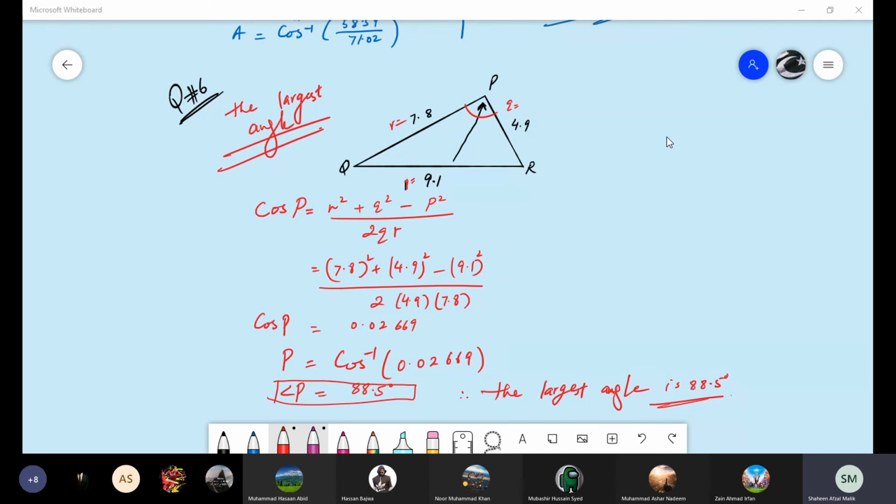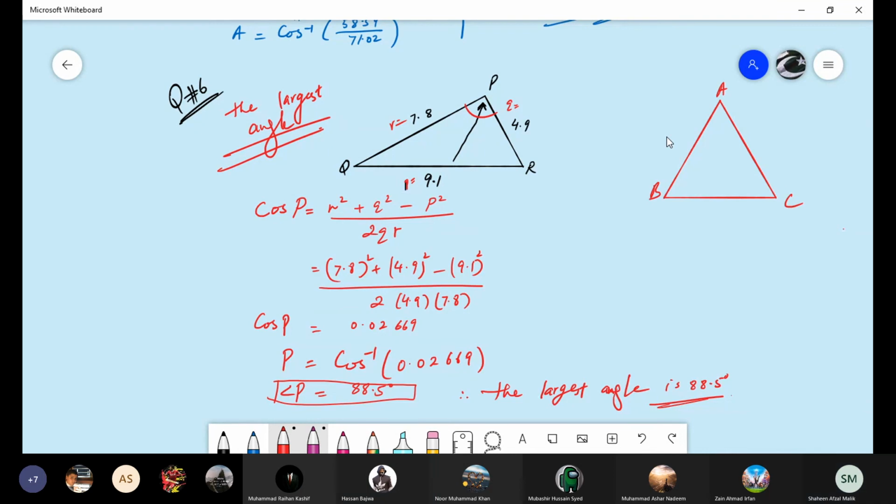Yes, boys. Now, is there any problem in the cosine rule? And is it clear to you when you have to use the sine rule and when you have to use the cosine rule for the non-right angle triangle? What is the condition? When we are given three sides, we can use the cosine rule. When it is a non-right angle triangle, not a right angle triangle.